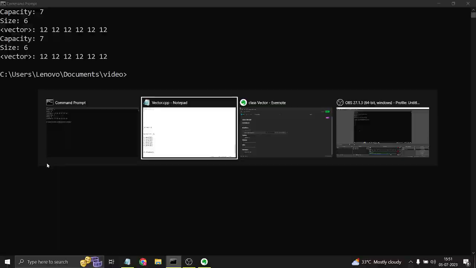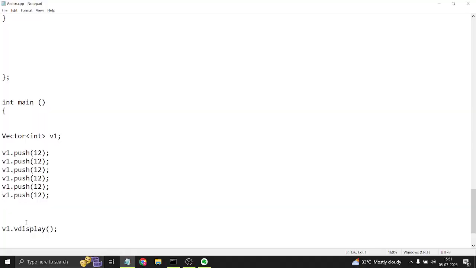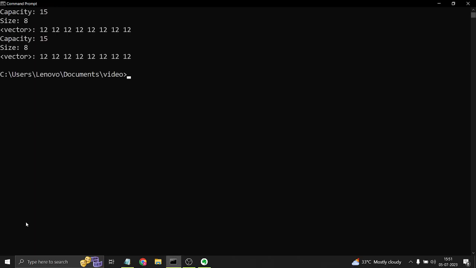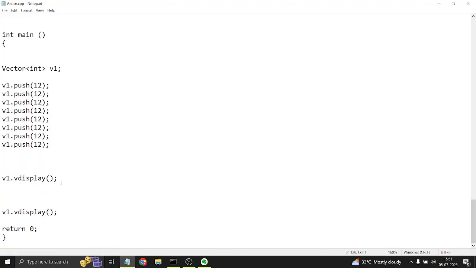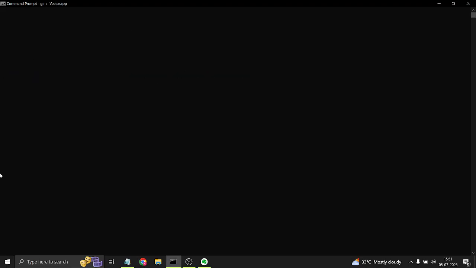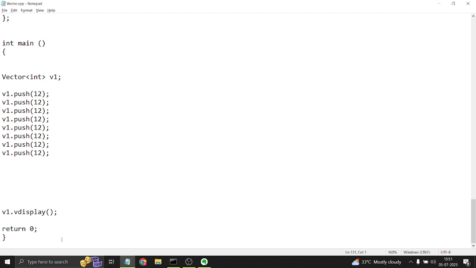So let's add 2 more, and then let's just delete one verbose display. Yes, so the capacity is 15, size is 8. We want to optimize this vector, like we want to store it more efficiently. So v1 dot shrink,